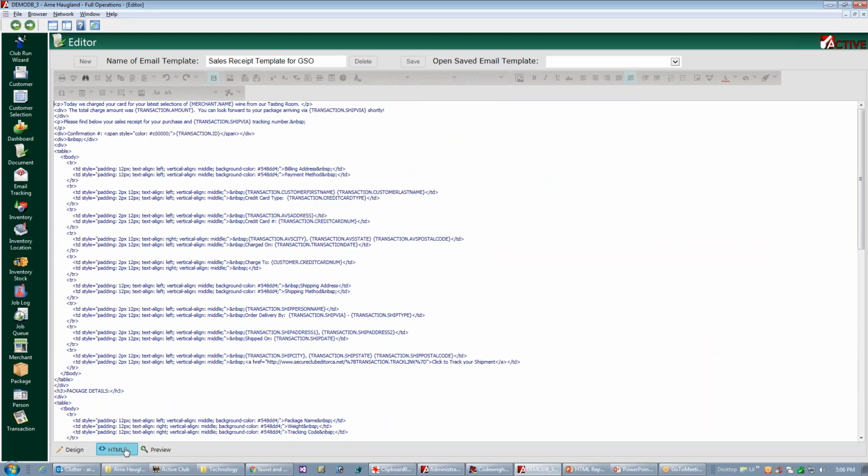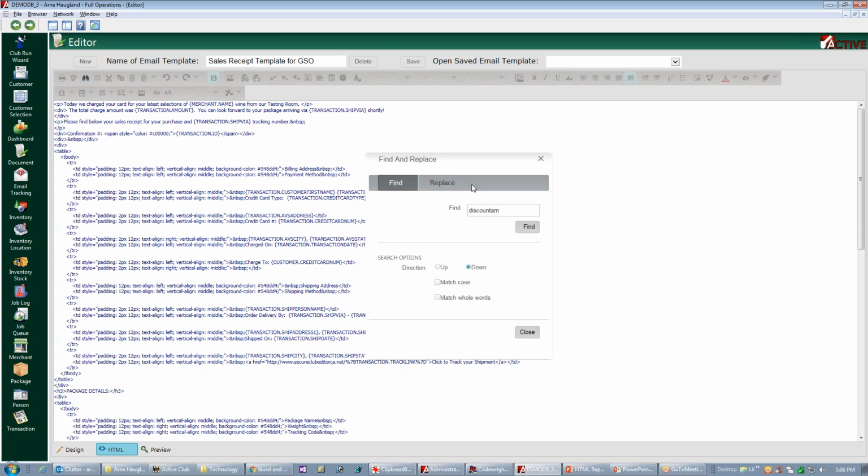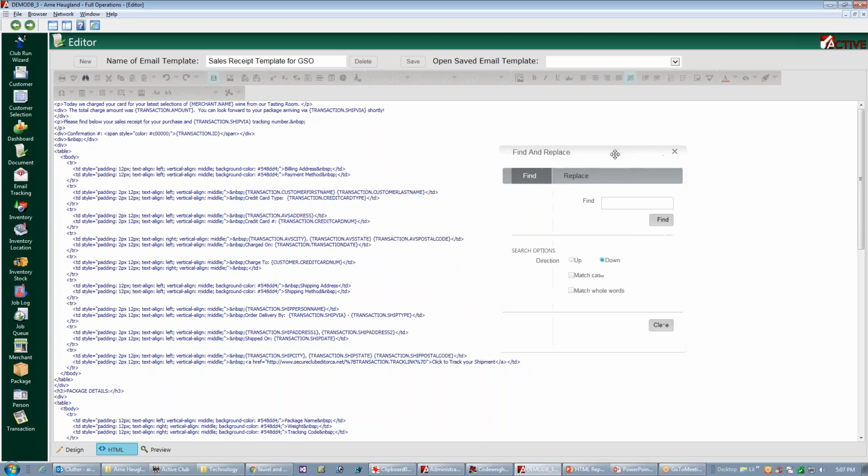The way to do that is flip over to HTML, and a space is inserted using this character here. So I'm going to go search and replace, and I'm going to paste in what I just copied, which does not include that thing. So just ampersand NBSP